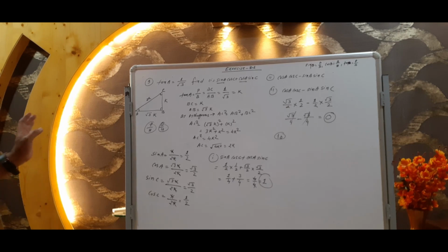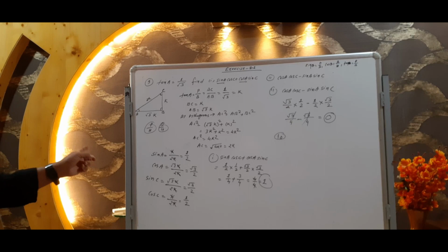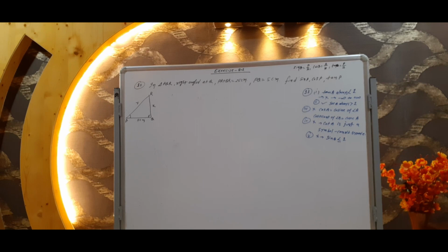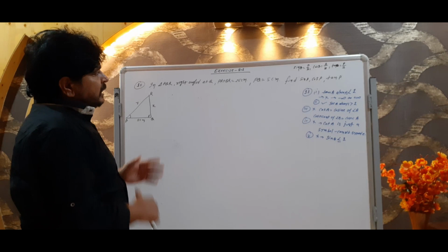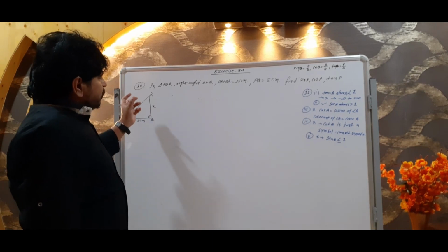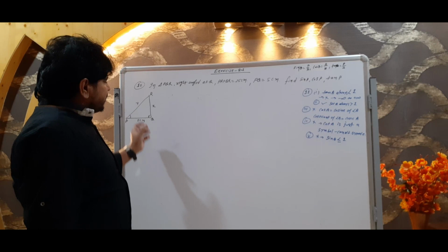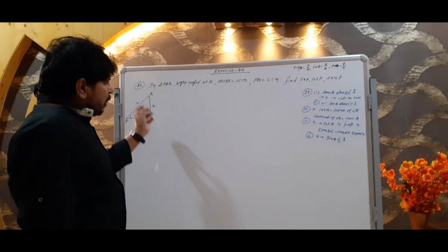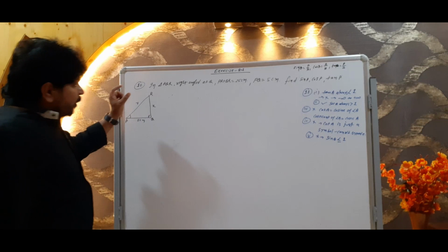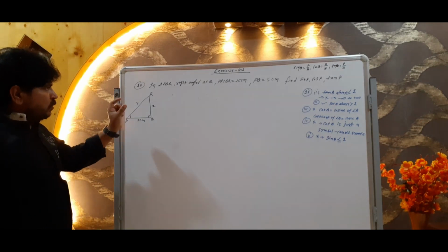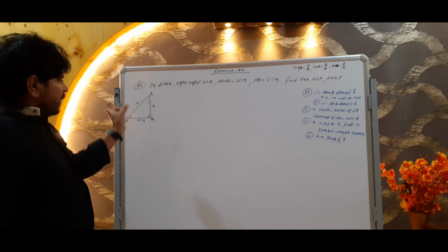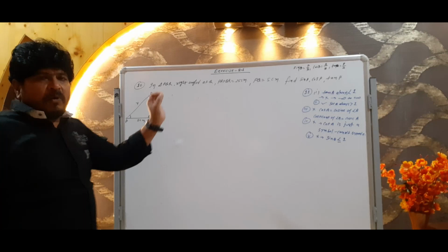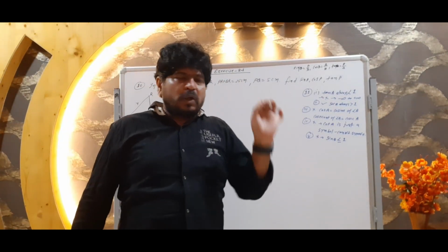Any type of doubts? Nothing. So please now read question number 10. I am just starting question number 10. See here, my dear students, question number 10. What is given in question number 10? In triangle PQR, which is right angled at point Q, one relation is given: PR plus QR is equal to 25 centimeter, as well as one side is given, PQ is equal to 5 centimeter, and we have to find the value of sin P, cos P as well as tan P.